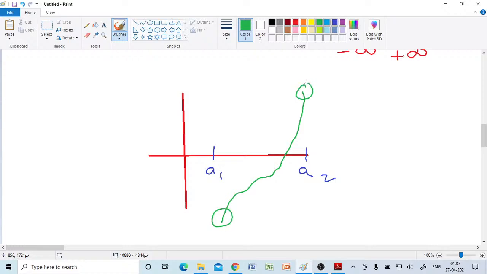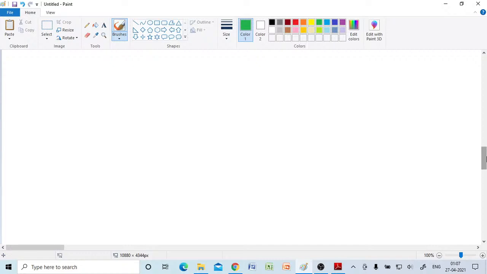So we can clearly see that since the function is continuous, it must intersect the x-axis at some point. This is called the intermediate value theorem. So by using the intermediate value theorem, we can understand that this function has roots,